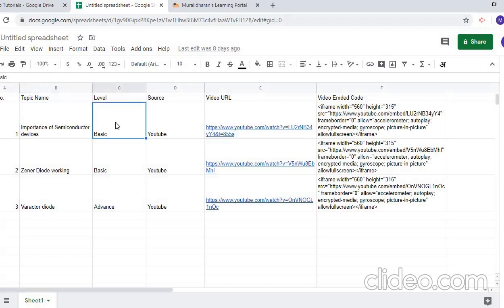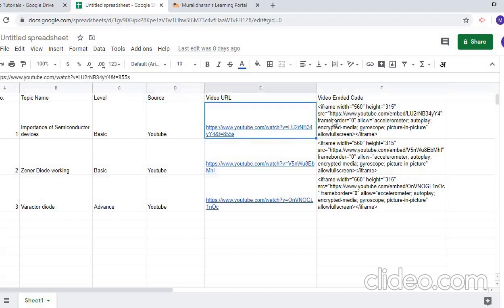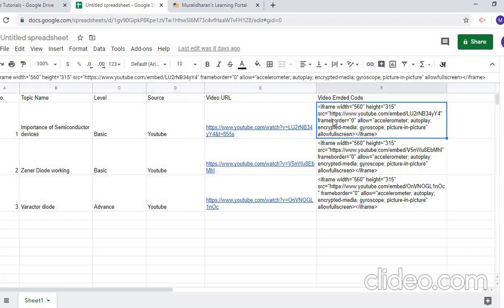That is the basic level topic. The source I have fetched from YouTube, and then the URL of the corresponding video, and the video embed code from YouTube itself. If you create a table like this and upload the documents like this, then you can upload that video URL into your Moodle website.